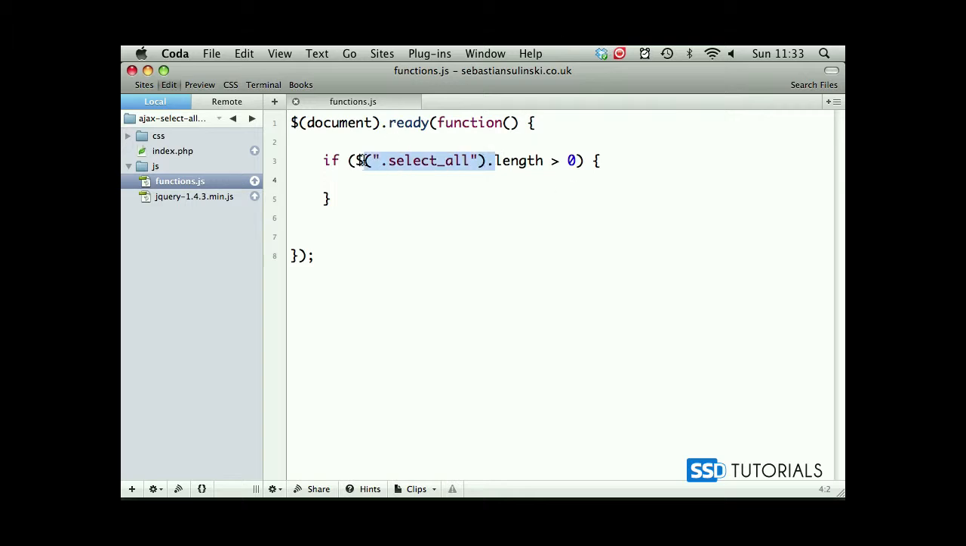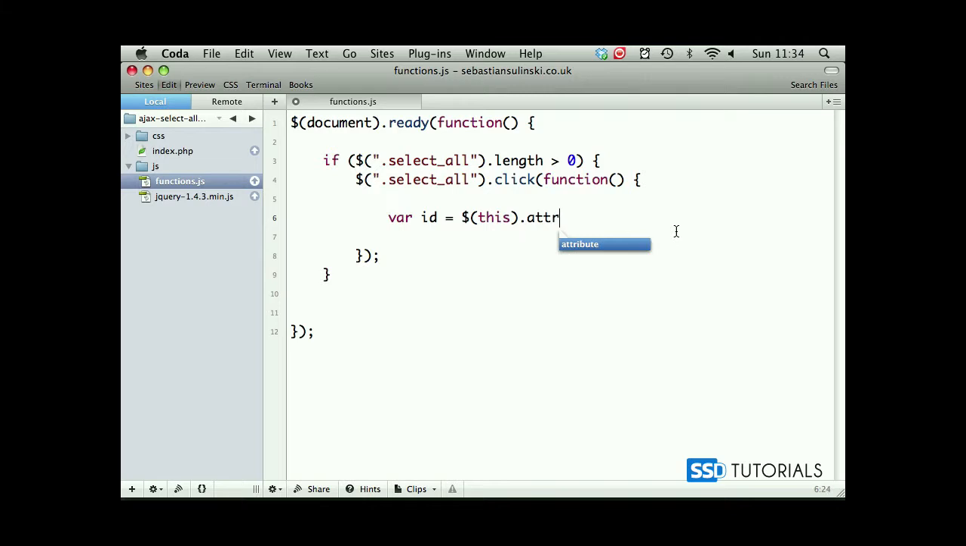Then let's copy the name of the element. On click, we want to execute the function. First thing we need to do, we need to get the ID attribute, create a variable and assign this to it. So this attribute ID, as you may remember, if we open actually index.php,